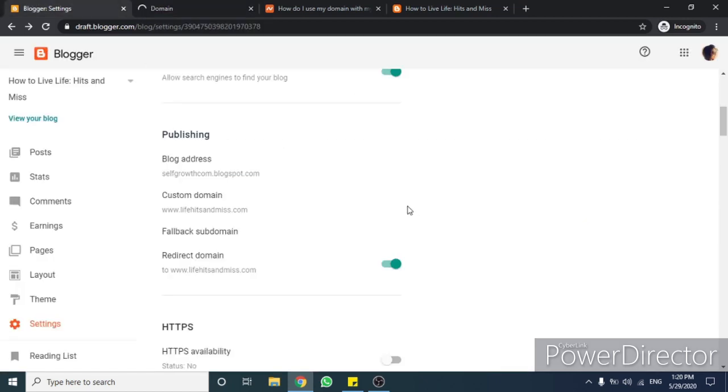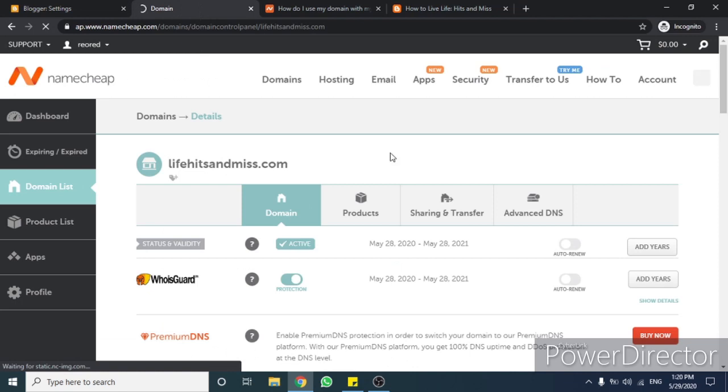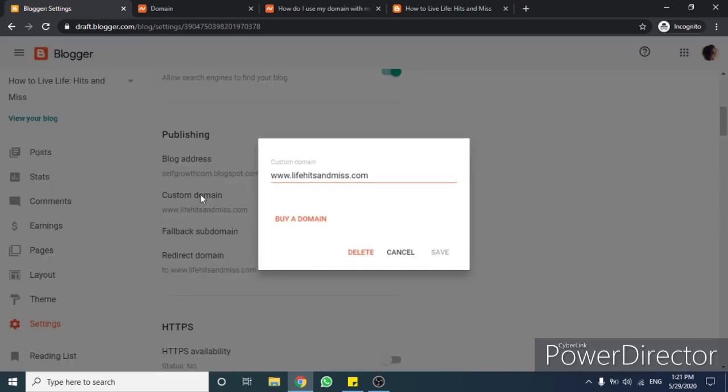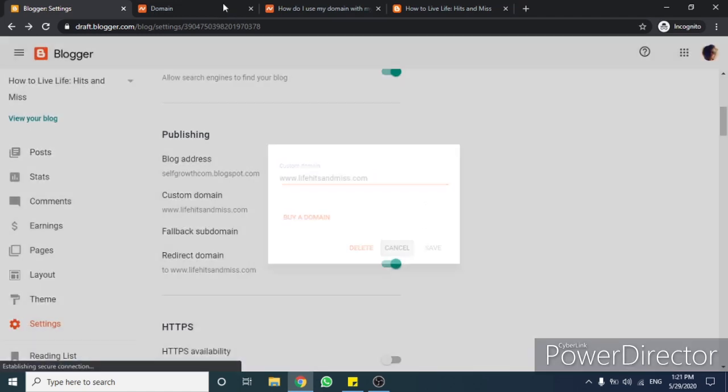I will manage this domain, and I will go back to Blogger website. This has already been fixed. So what happened was I clicked on this custom domain or the publishing option, and then it asked for a domain. Now you also have this option to buy a domain online, which Blogger website offers, but this comes in with a different budget. Now this is my chosen custom domain, and I saved it, and